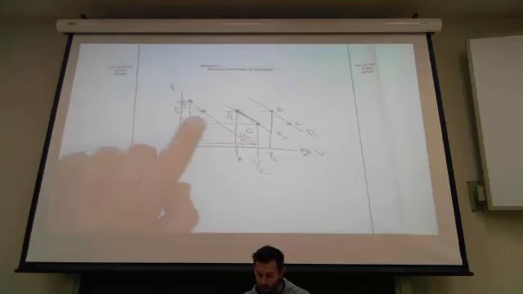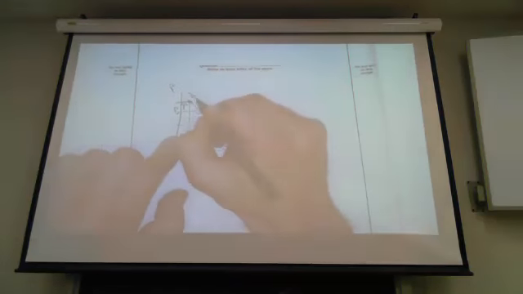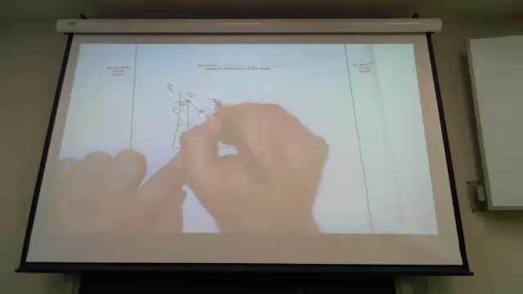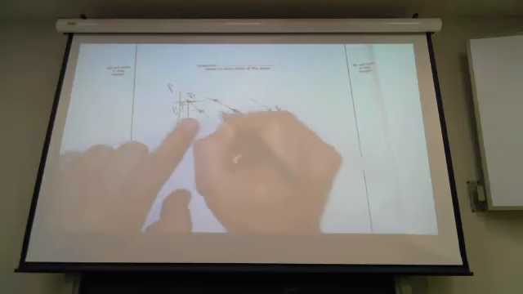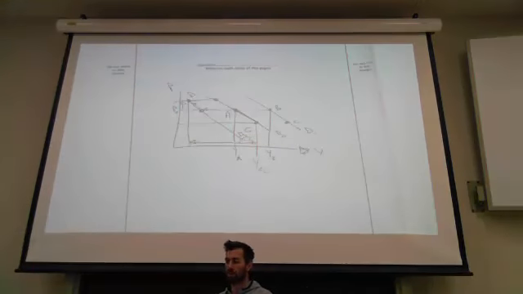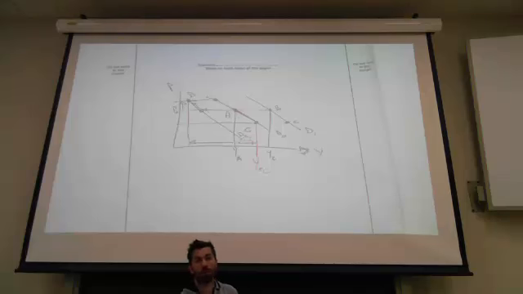This is point D here. The other way you could have got to point D was to shift from point A to some intermediate point and then across, or shift across and then move up. Either way, there's a movement along one of those curves and a shift in the curve as well. And I specifically chose investment to point out that it's a change in prices, because if a change in investment is because of a change in prices,